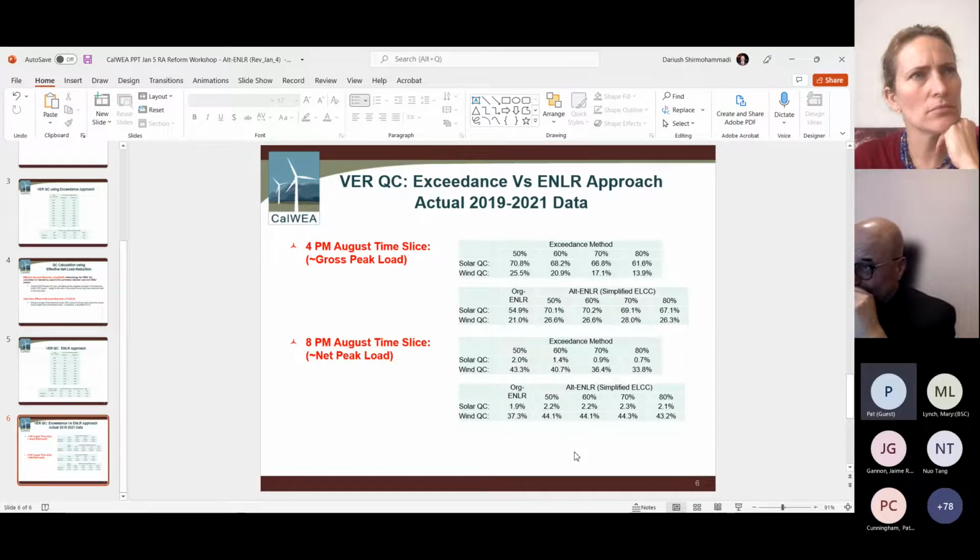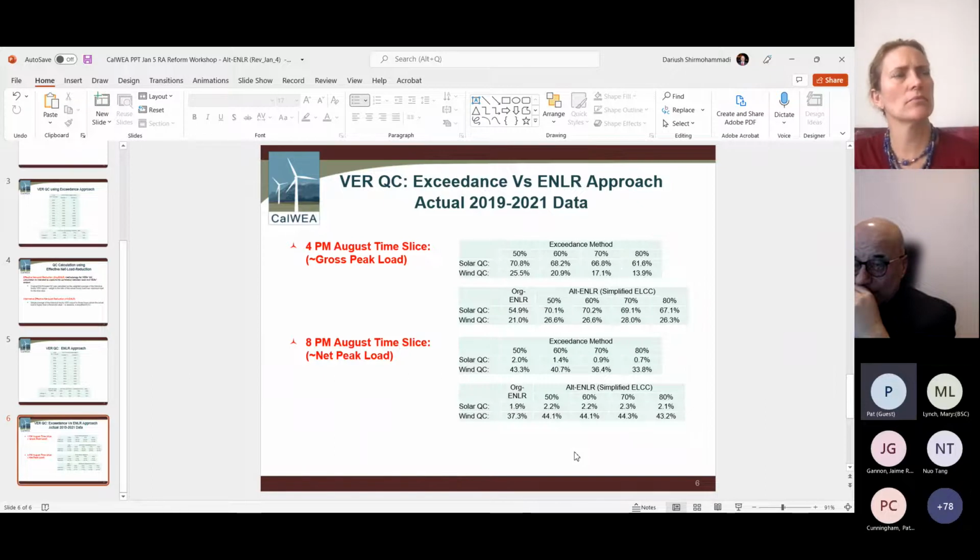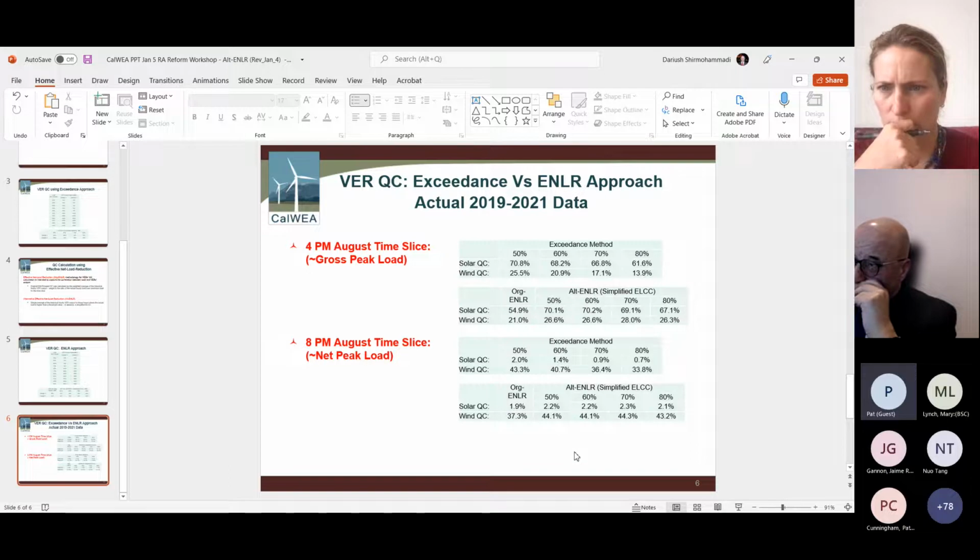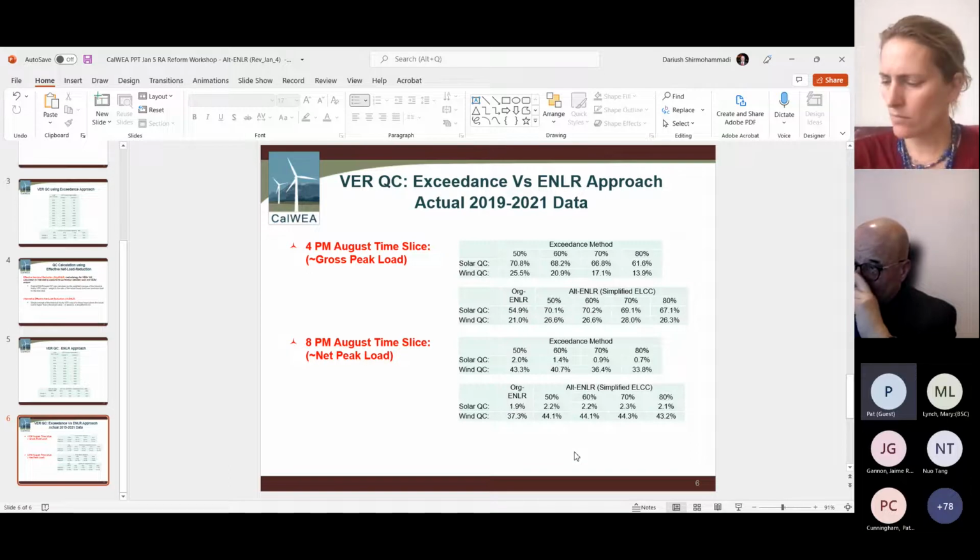My understanding of where we are, the 2 slices, is there are options for net peak that we have put forward, and it really is dependent on how you go about defining that requirement to get to how the expected output would be set in the sufficiency test, because we haven't. So what we've said is that if we pick a 2 slice, we need to do follow-up workshops to pick an option for the requirement and then determine what's the best way to adjust a single NQC based on some kind of expected output, which